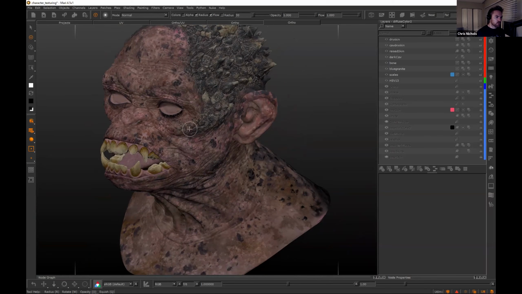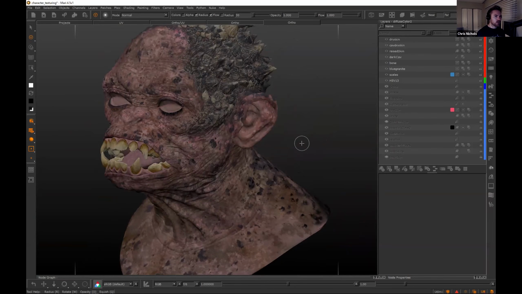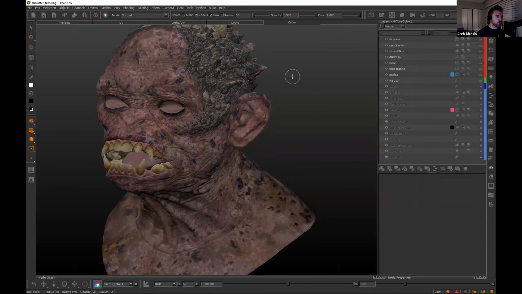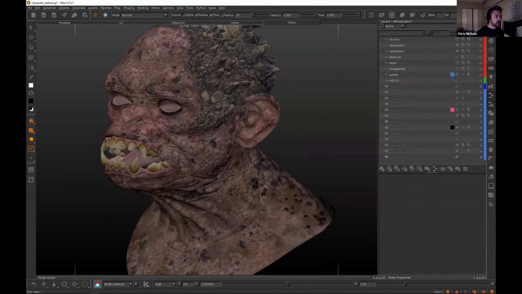Now, when it comes to what your skill level should be, ideally, I would love you to have at least a basic grasp of Mari, how the layering system works. I do go over it in the course, but it would be good if you at least knew a little bit about that sort of workflow, creating layers in here, and creating different channels. If you have some sort of fundamental knowledge of how that works, this process is going to be a lot clearer because it is a little bit of a learning curve. But it's a pretty comfortable one if you have any experience in Photoshop, because the layer system is so similar.